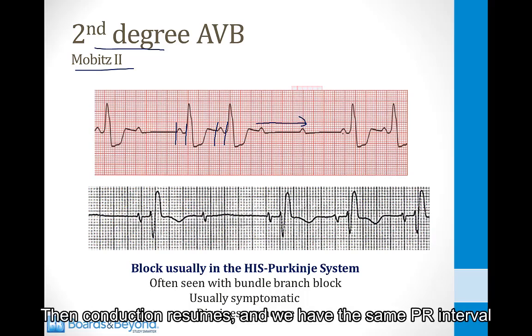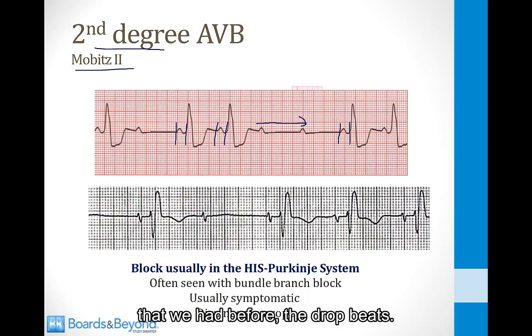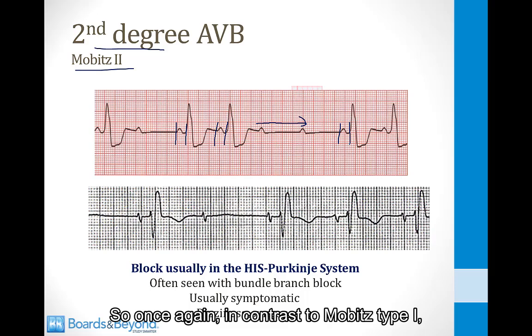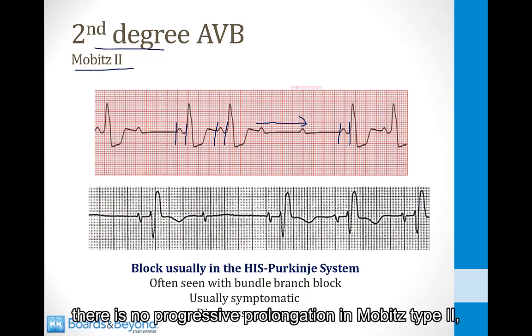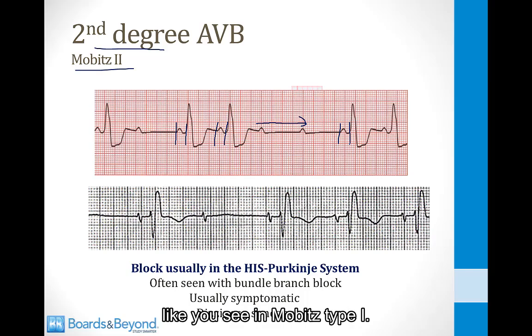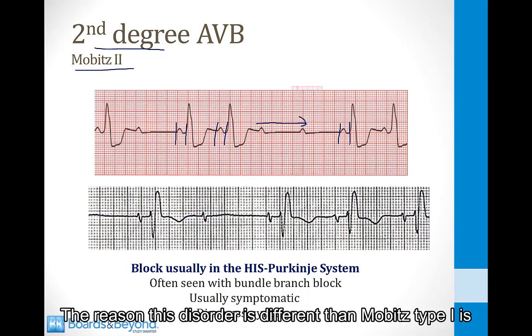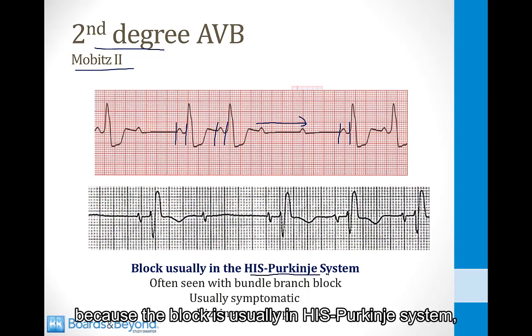Then conduction resumes, and we have the same PR interval that we had before the drop beats. So once again, in contrast to Mobitz type 1, there is no progressive prolongation in Mobitz type 2 like you see in Mobitz type 1. The reason this disorder is different than Mobitz type 1 is because the block is usually in the His-Purkinje system,